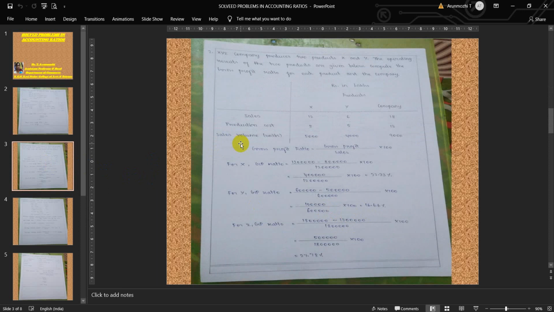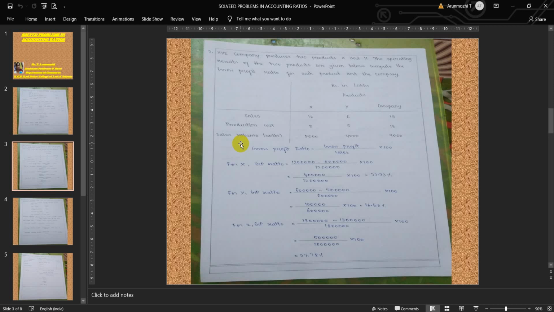Next problem, XYZ company produces two products X and Y. The operating results of the two products are given below. Compute the gross profit ratio. The same sum, but how to calculate it when two products are given. Sales and production cost, sales volume in units is given. So gross profit ratio, same formula to be applied. Gross profit divided by sales into 100. For X, GP ratio, 12 lakh minus 8 lakh divided by 12 lakh into 100. When you do 12 lakh minus 8 lakh you get 4 lakh divided by 12 lakh into 100, you get